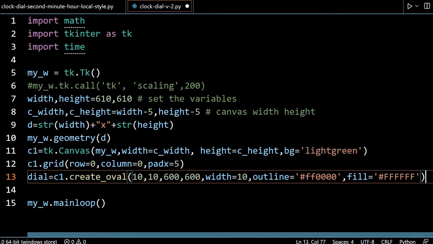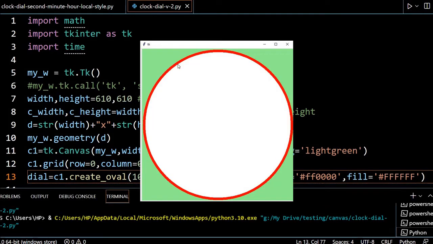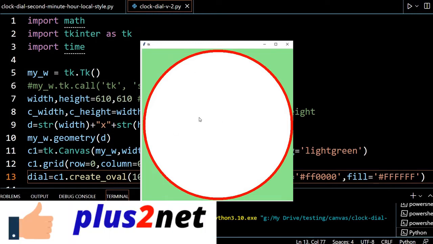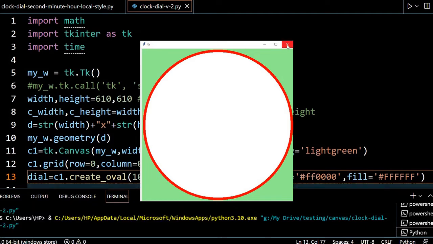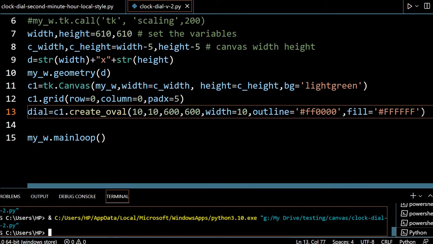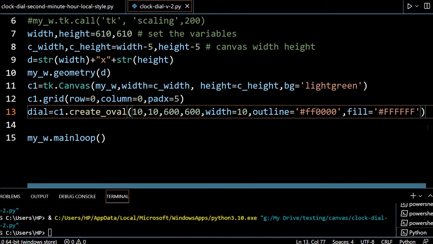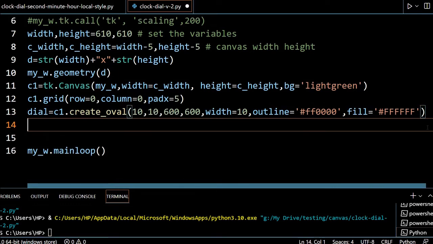Now let's see once how this looks. Yeah, this is the one. This is the thickness I have given, 10 here, you can see the 10, and this I kept white, and the outer canvas is light green. So all these colors, whatever you like, you can change. Hex codes too, and you can also increase the thickness if you want. Now we'll move to the next. So the dial is over.